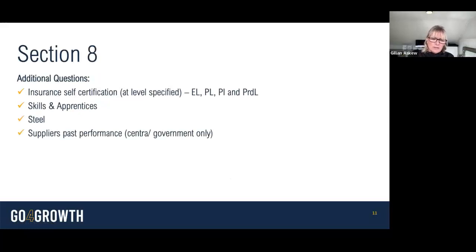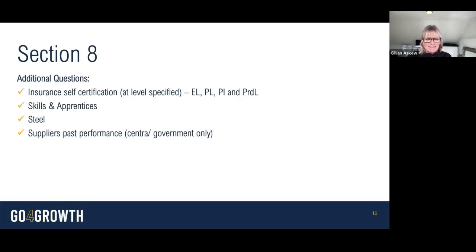And the final section, section 8, it's called additional questions, but some of these things will definitely be in every procurement. So things like relevant insurances will be checked, and those insurances will be relative to the procurement specifically. So you might be asked for cyber insurance if it's using particular personal data or a SaaS contract, software as a service, for example. You might be asked for construction all risk if it's a construction-based procurement, but the general ones are on screen.